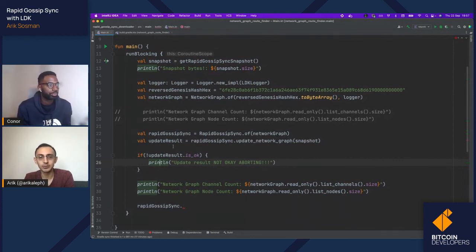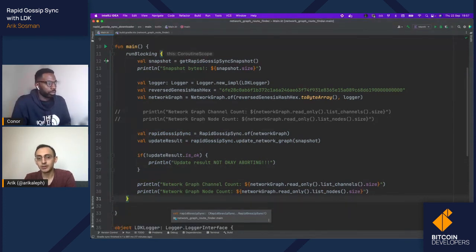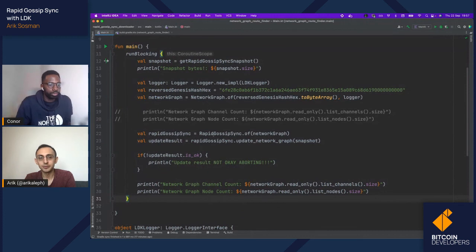It's also worth noting that if you exclusively use Rapid Gossip Sync to keep your mobile app up to date, then you're not always going to need the full graph. You are going to be able to just use those incremental updates, and the incremental updates of maybe a day or a couple of days, or maybe even a week or two, are much smaller. If you want to look at some example breakdowns, I measured it once.